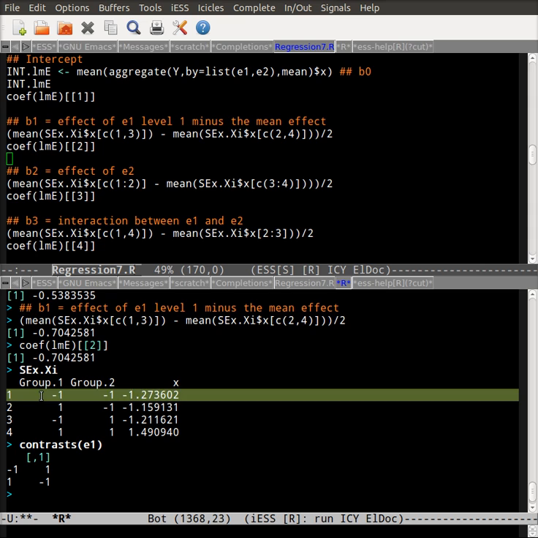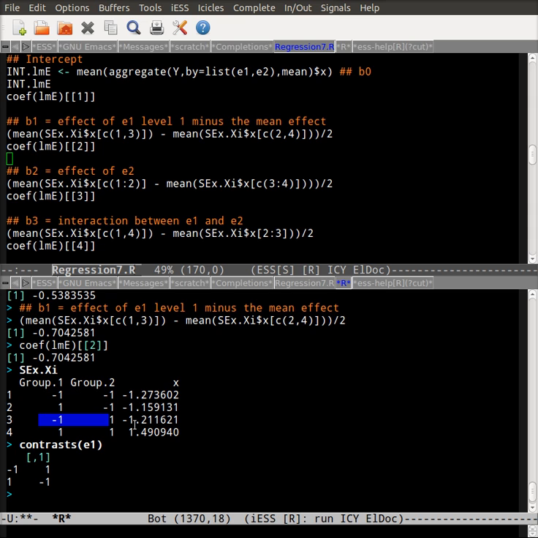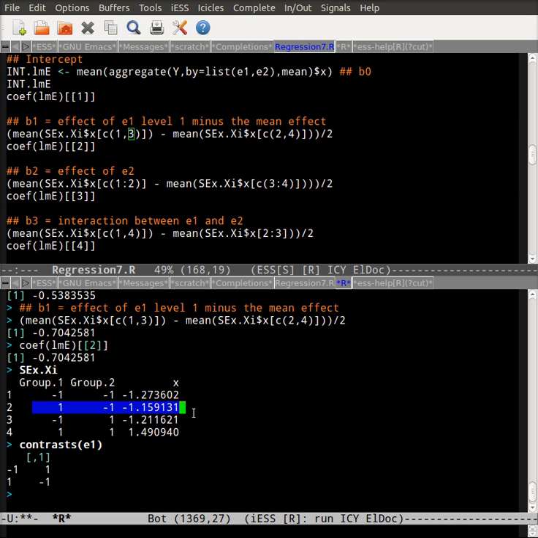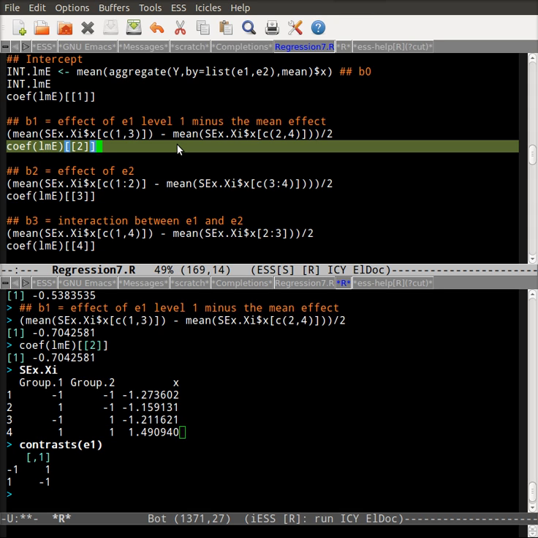So the mean between this one and this one, and that's right here. That's the first mean, the first and third row of this little table, minus the mean of the second and fourth row. And when I calculate that mean difference and I divide it by 2, what I get is that mean effect. Because remember, when we're doing this effects coding, the effects coding is the effect between